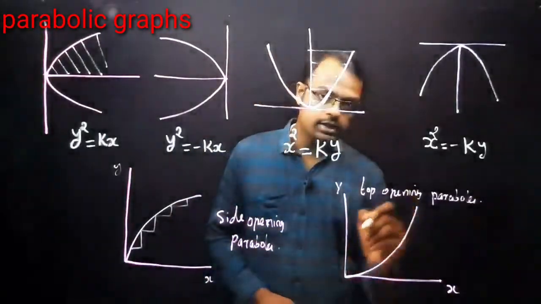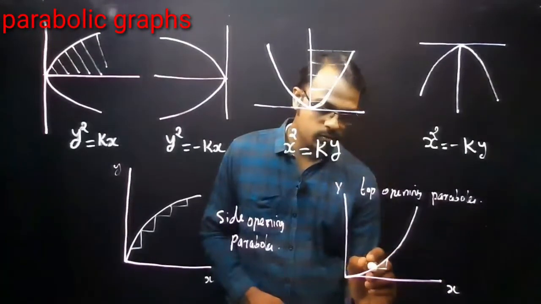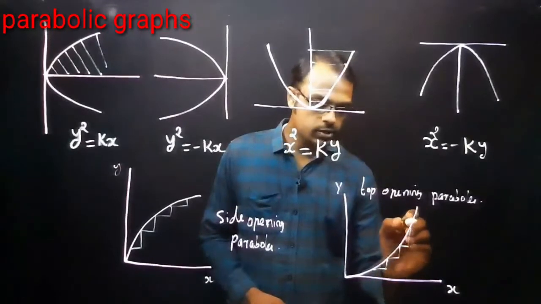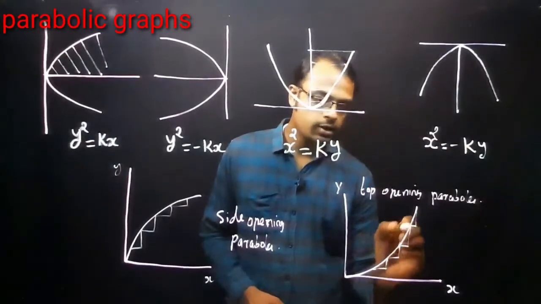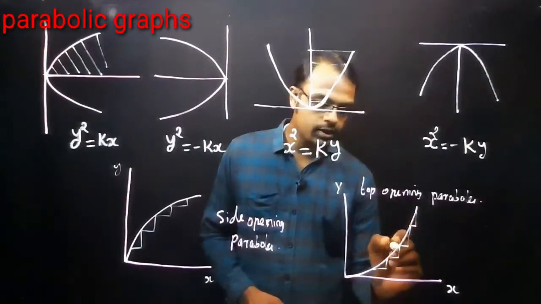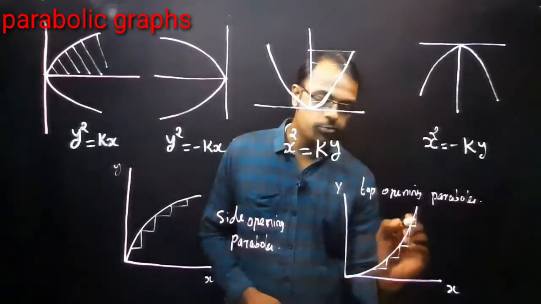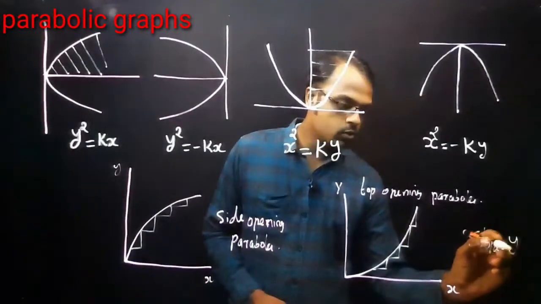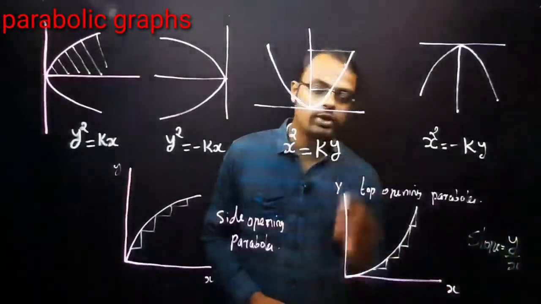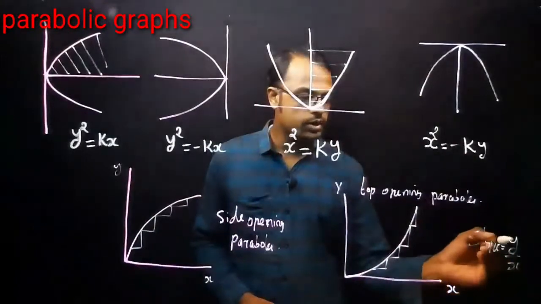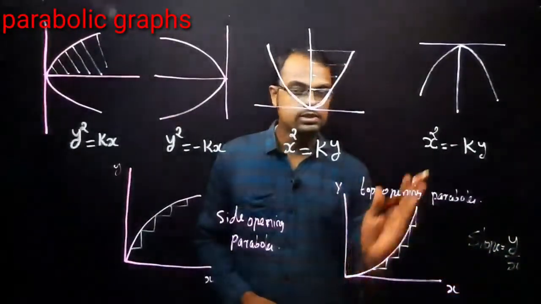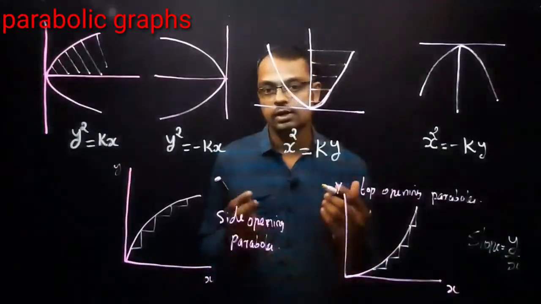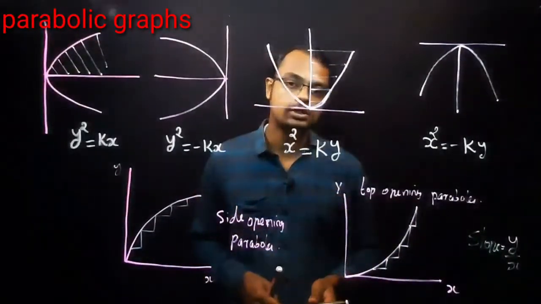So what is happening in the other case? If I draw the slope, just see what actually happens. The y value keeps on increasing and the x value keeps on decreasing. As you already know, slope is equal to y by x. So here x is decreasing, y is increasing, meaning the slope is increasing. So these are the two parabolic graphs we really require in explaining the position time graph.